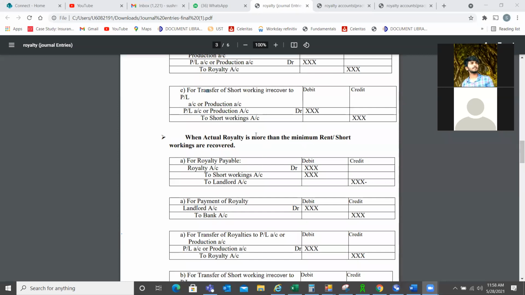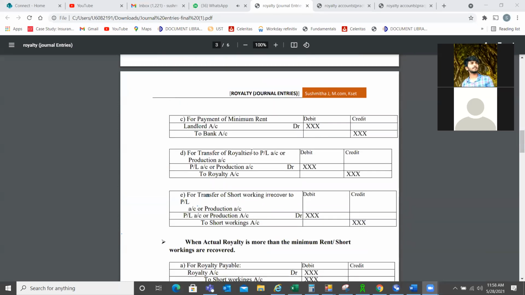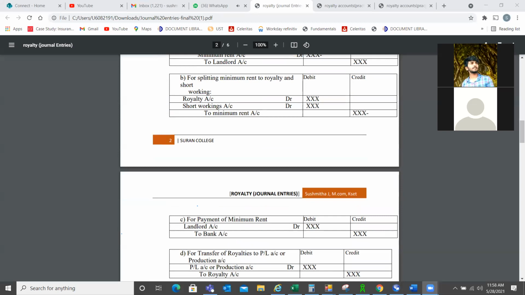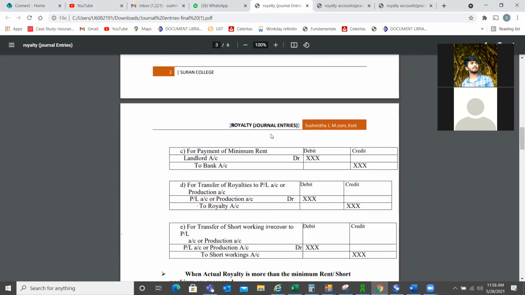Okay, so here, first I want to tell you guys, I'm Sushmita and I'm taking the AFA subject, and the topic I'm doing is royalty. Fourth chapter, royalty. I'm just taking a high jump, that's it. From royalty I'm starting. And that is for the latecomers that I'm talking about.